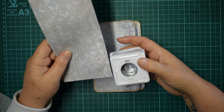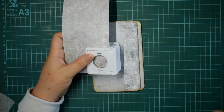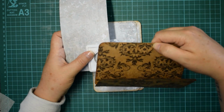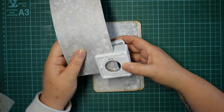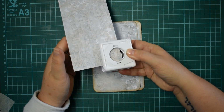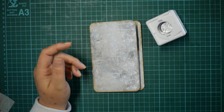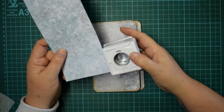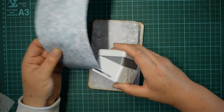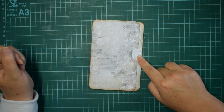So let's just cut a little corner, a little circle. Do we need a full circle? Where's the original? No, it's not a full circle. So if we cut about there, just leave a little sliver. Okay. And then I'm going to do the same with the other paper because I will make another one. Let's see. And I wonder if we should do...